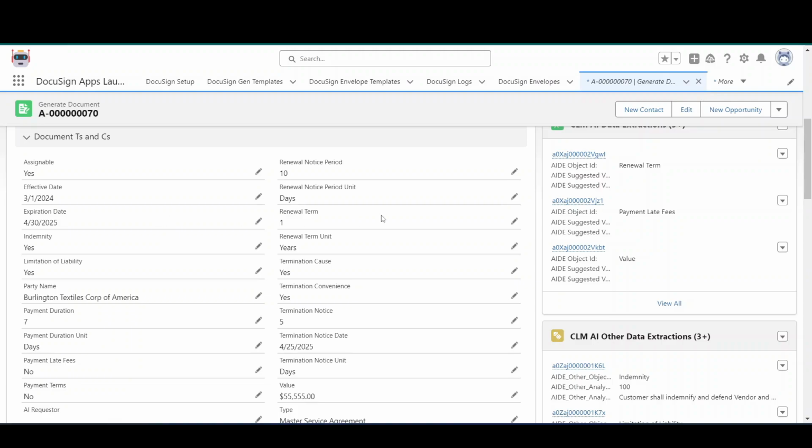Final thought here, and there'll be a future video on this. What if we had a clause library that we could then check the clauses that were extracted against and provide some means of interpretation or risk analysis or compliance? This is where we're headed with the ability to democratize data extraction from unstructured content and then feed those extractions